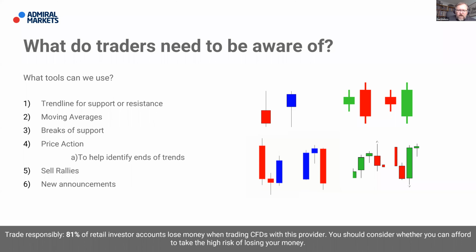And also, you can have price action. We just looked at it there. Price action can be used to help identify ends of trends. We saw price action, just in that previous slide, giving us a double top, a reversal. We then saw the price action slicing down, but then it also showed us how it had sell rallies. We can start to see we were now forming lower highs and lower lows,